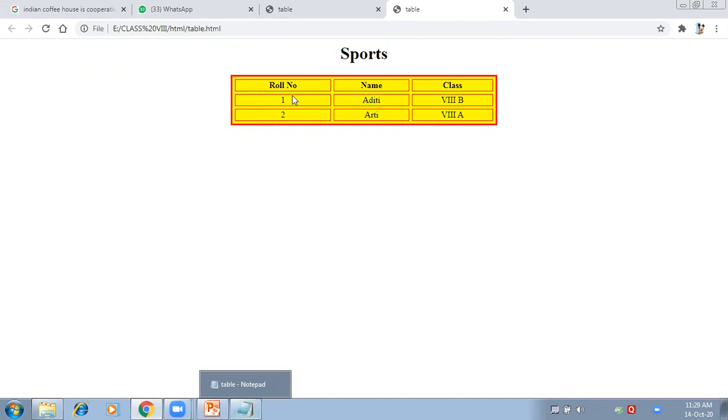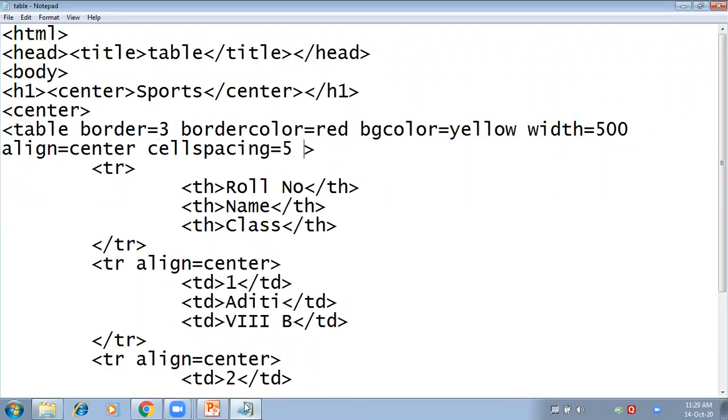Okay, now next we are using the cell padding attribute. Cell padding will increase the space between the content of the cell and the border of the cell. Content and border. Cell padding equals to 10. Save, check.